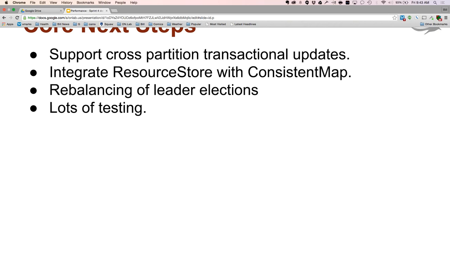downside of partitioning by the entire map. Was that a question? No question. Okay. There are a number of benefits to partitioning by map, but one of the caveats is that partitioning across maps makes consistent updates between different maps require two-phase commit, which requires more complexity and of course costs